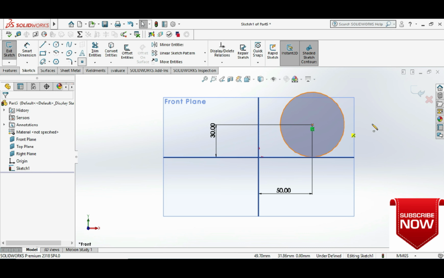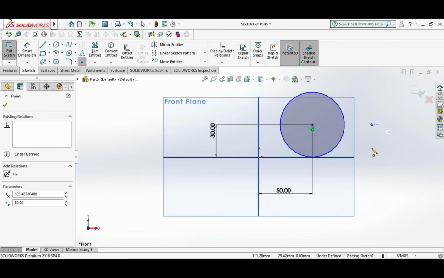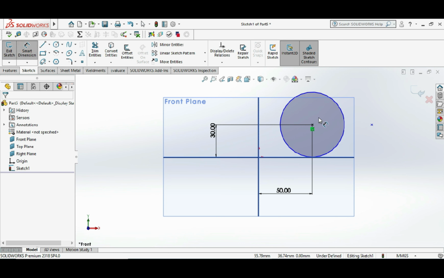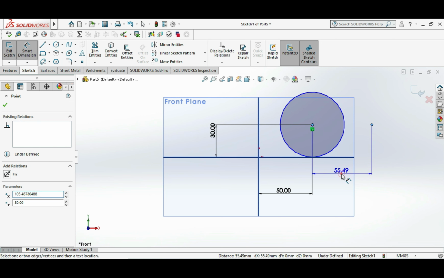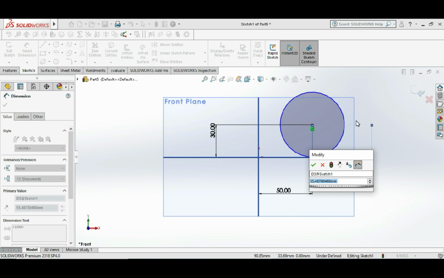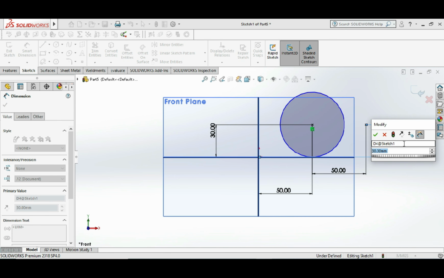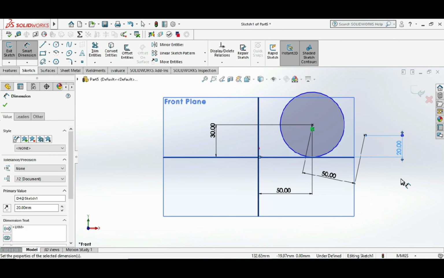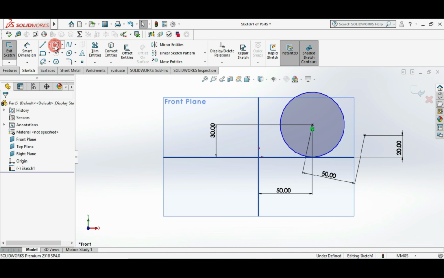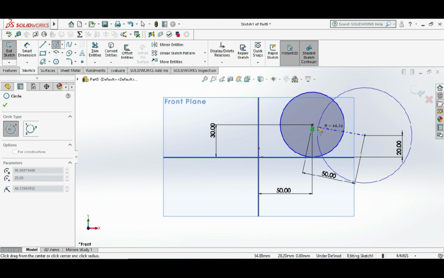You can also, so if you wanted to draw another point for that reference from that circle center point, then you can also draw another point and just dimension it. So you can also see here I am selecting 50 mm and another point as 20 mm, which is a tapered line. You can also see we just give the tapered dimensions. Then you can also select another point from here,